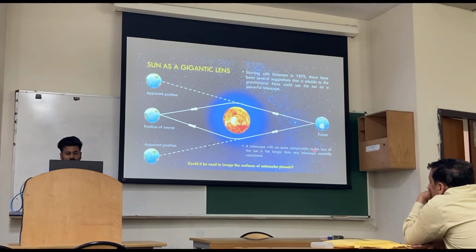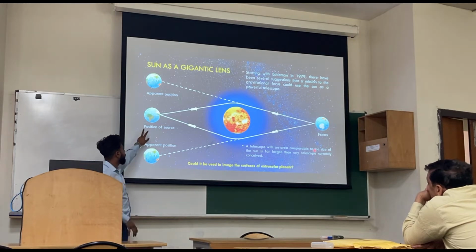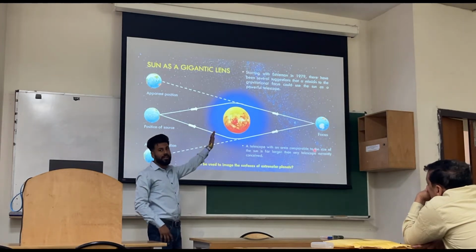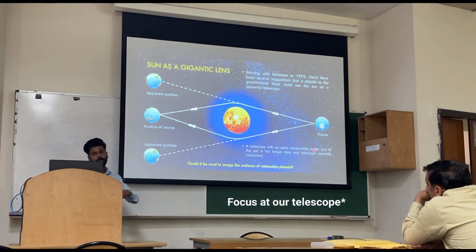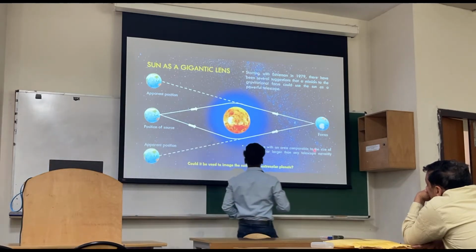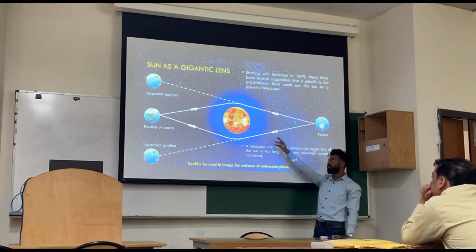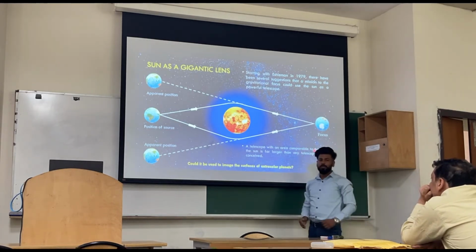So let's say here is a sun, an optical element, and this is the position of the source. When the light comes towards that optical element, it will bend and focus at our Earth. So when my friend is trying to observe that planet, she will think that this ray comes from here in 2 dimensions, and that ray is coming from there. So in 2 dimensions there are 2 virtual images.